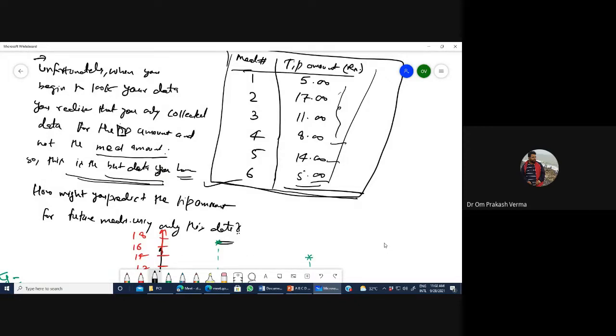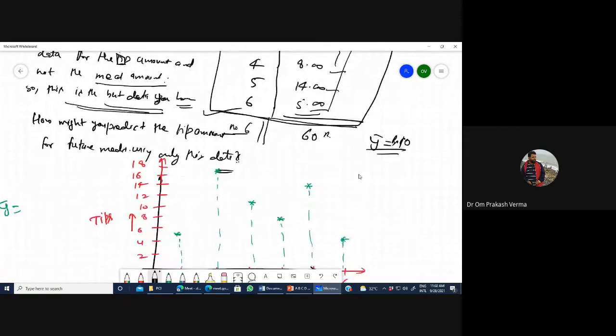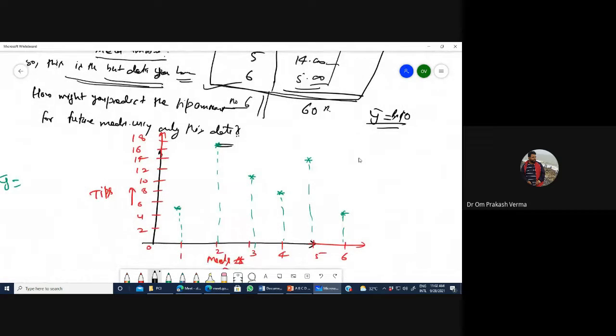The sum becomes 60, and it is 6 meals. So y bar will give 10 rupees. So 10 rupees is the best fitted line.